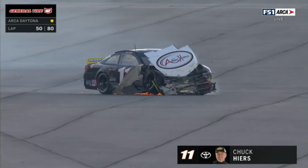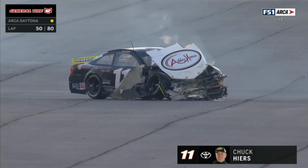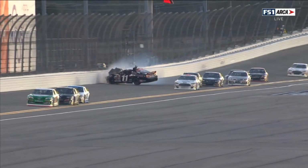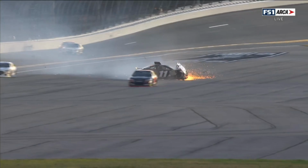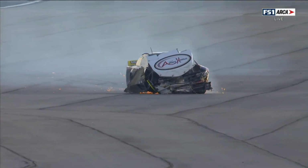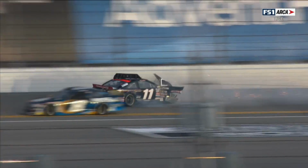They were single file on the inside of the racetrack. Tremendous amount of damage to Chuck Hires' car. There you see it again. Yep, and one little tap is all it takes. I'm not a physics guy, but I certainly understand the physics of what happened right there. It looked like the first bump moved his car to the inside, and that left that right rear corner of his car exposed, and I think there was more contact with the right rear corner, which turned him directly into